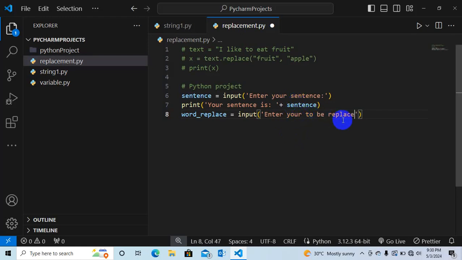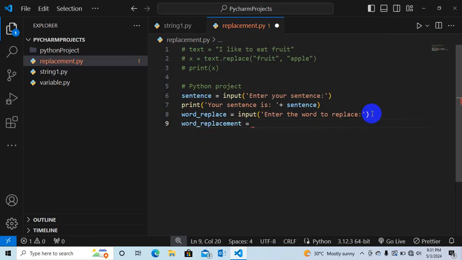So let's take this one there and say, enter the word to replace. Then the replacement. We declare another variable and call it replacement.